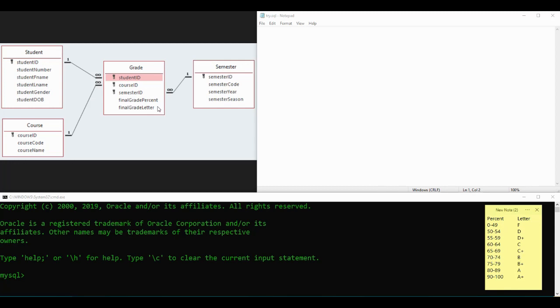Okay? And if you saw my normalization video, you would know this column technically should not be in a database because it's what's known as a calculated column. In other words, if I know the grade percent, I already know what my grade letter is going to be. So I don't technically need it in here. I put it in way back in the video on alter table to demonstrate the alter table statement of adding a new column. I left it in for this video on triggers so that I can demonstrate some interesting triggers. I know technically it's not supposed to be there, but I'm going to keep it in there